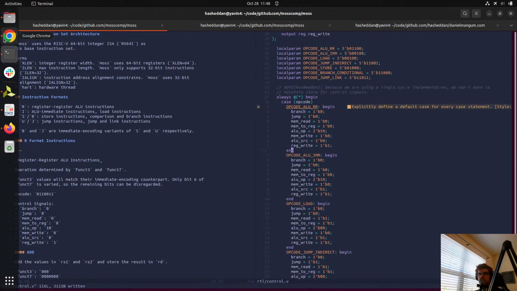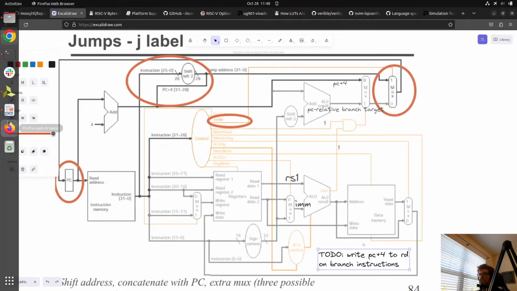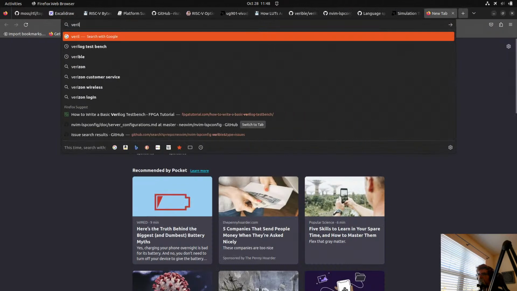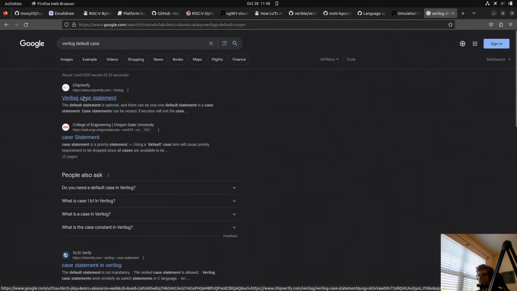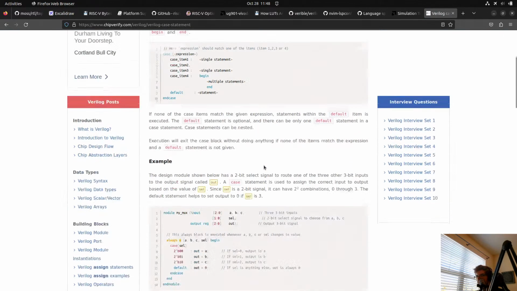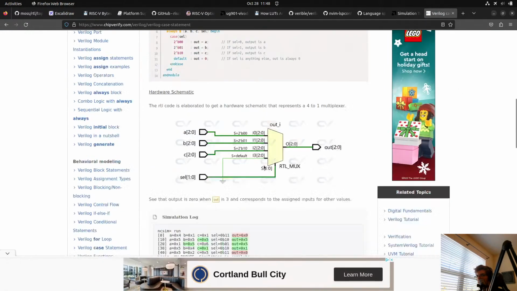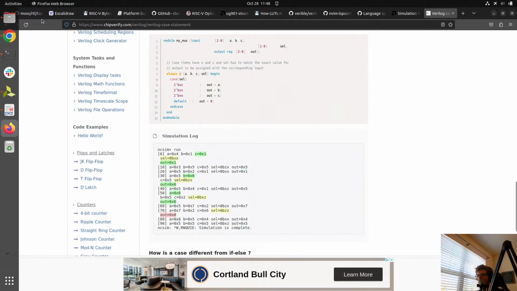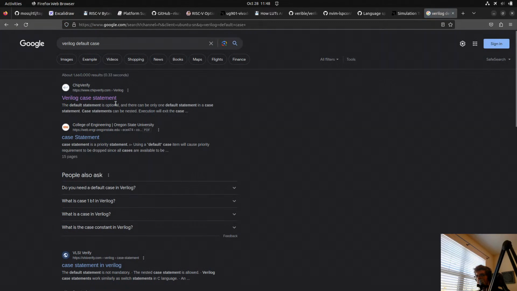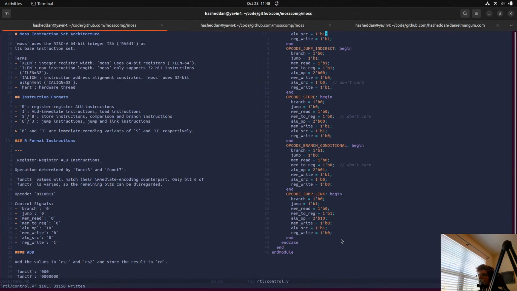And then I also wanted to handle that default lint, the Verilog default case. We'll just say default, I think.